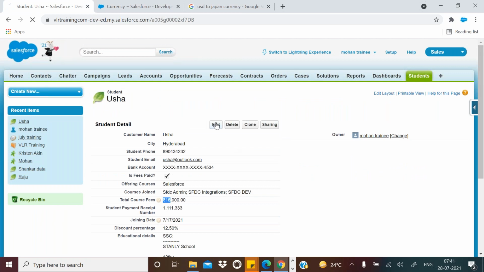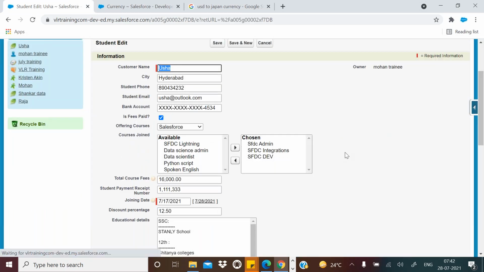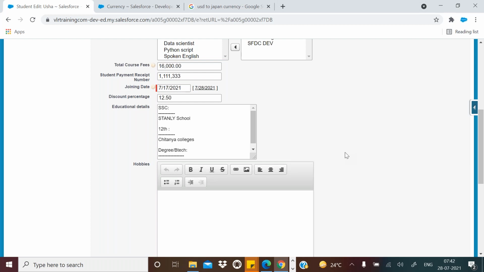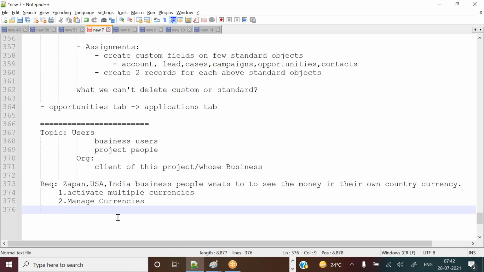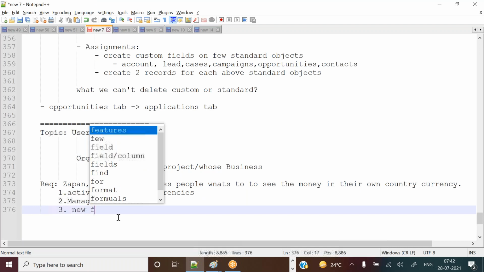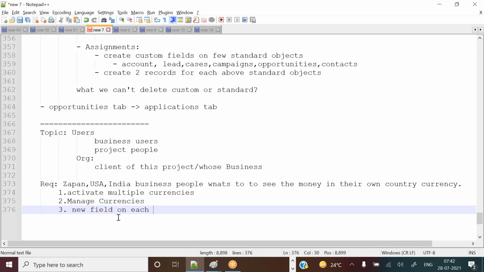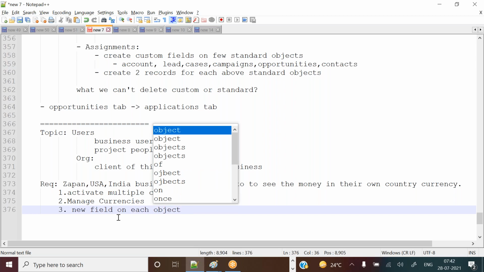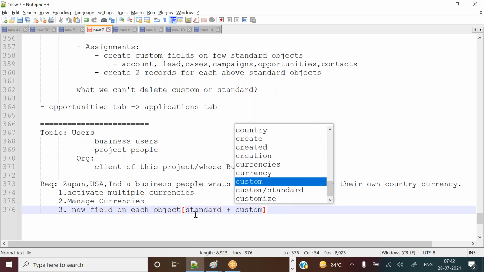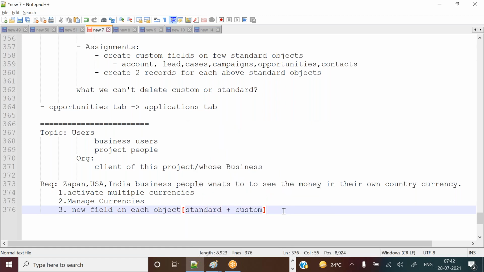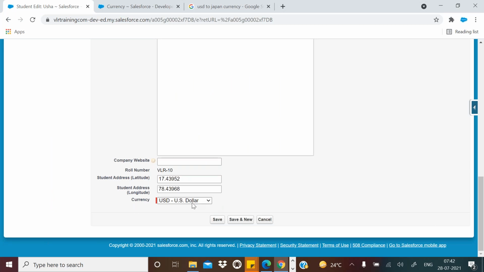Let's go to the record and edit the record. Once you activate multiple currencies, a new field will be created on each object, standard plus custom. On all standard objects and all custom objects, a new currency field is created.